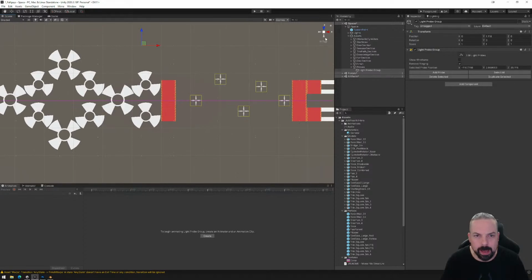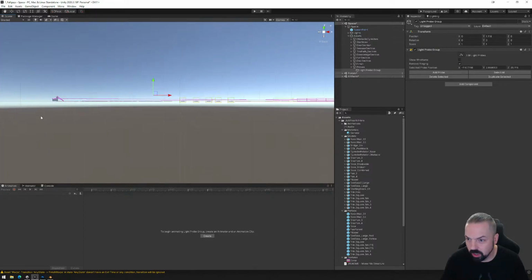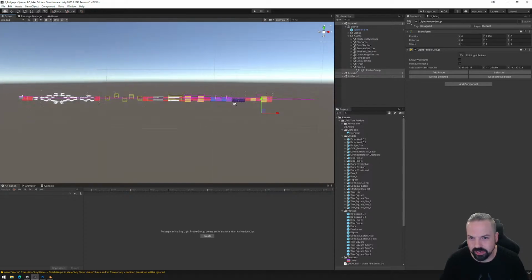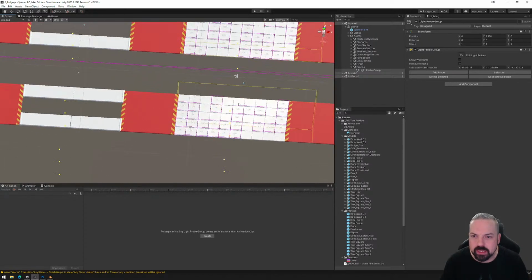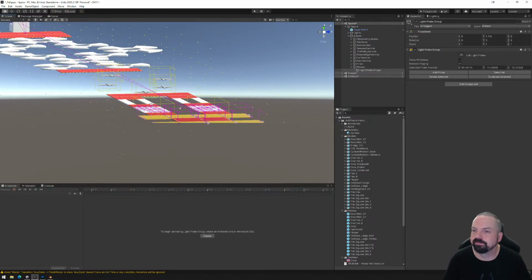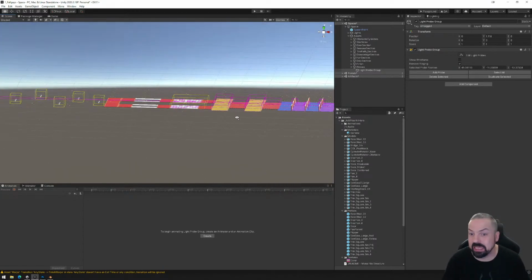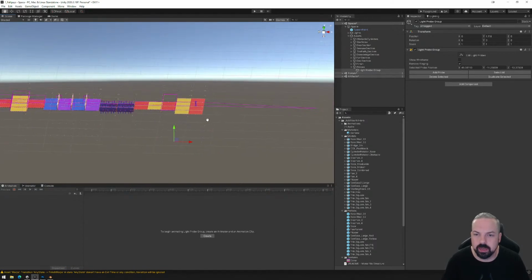So that's good. And the last thing we need to do is actually go lower. So I'm going to sort of grab all of them. Actually, this is not a very good idea. It won't be very accurate. Well, let's give it a shot. It says it's selecting something. So Control D. I can't even see this one, so don't worry if you can't. So I'm going to put this really down the bottom. So, yeah. Okay. So that is light probes, which I recommend for any space, to be honest, because that will